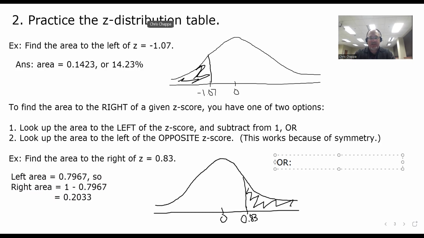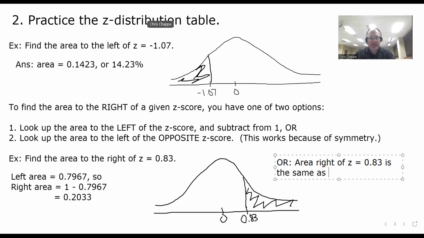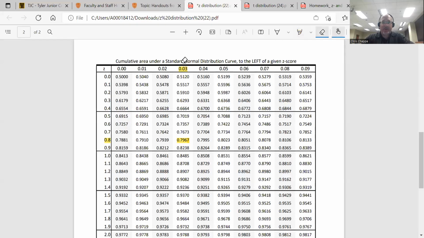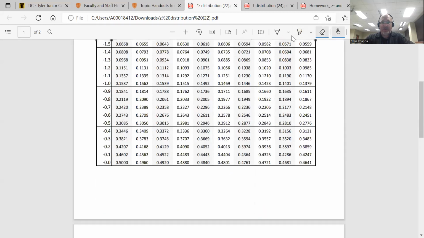Or we could say the area right of z equals 0.83 is the same as the area left of z equals negative 0.83. So instead of looking up 0.83, we would look up its negative, and the area we want should be there. And let's see. If we go to negative 0.83, negative 0.8,